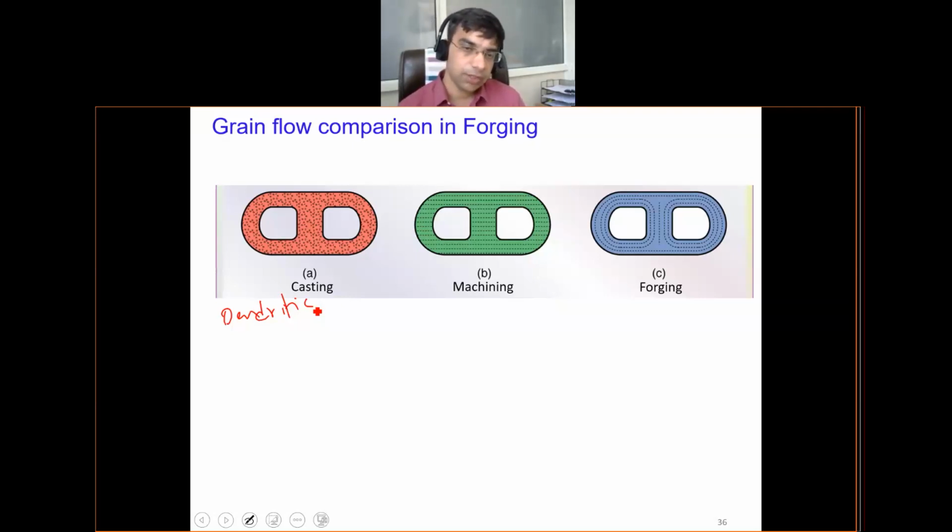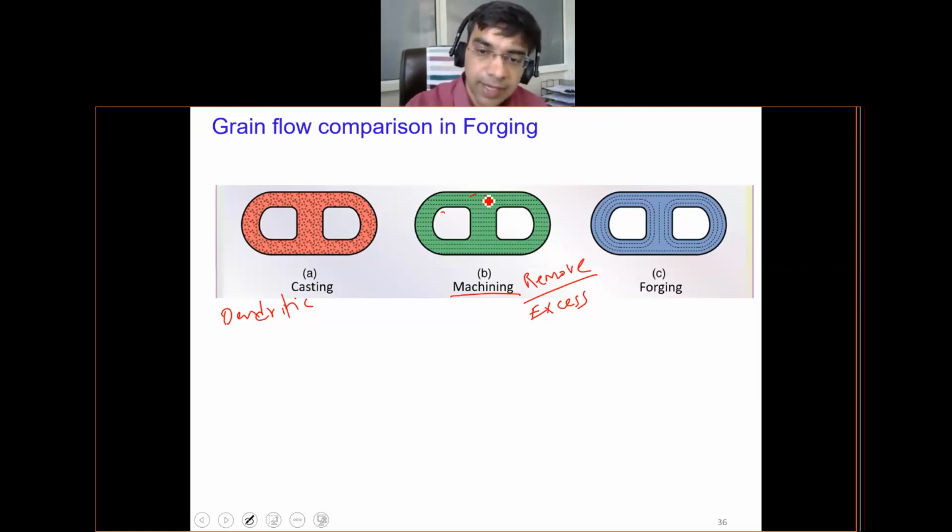If you look at machining, it is a process where you remove excess material. We will see the details later on. But where you remove excess material, you will see there is a discontinuity incorporated in the structure. These dotted lines as shown here are the lines which represent the grain flow. In machining, since you remove excess material, you give a discontinuity, or basically you have removed material, suppose from here. So you see the grains are almost cut in half. But in the forging process, you do not remove material. Instead, you just change the shape of the material, thereby you just rearrange the grains.